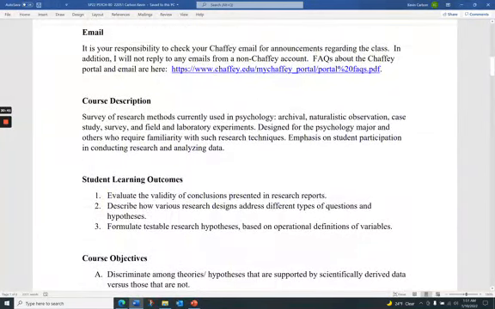So make sure you check your emails. So I'm just going to go through the syllabus a little bit here. So make sure you check your emails. It's a very important way of communicating. Also check Canvas. And so I will make various announcements on Canvas. And so make sure to check those Canvas announcements. That will help you succeed in the class.